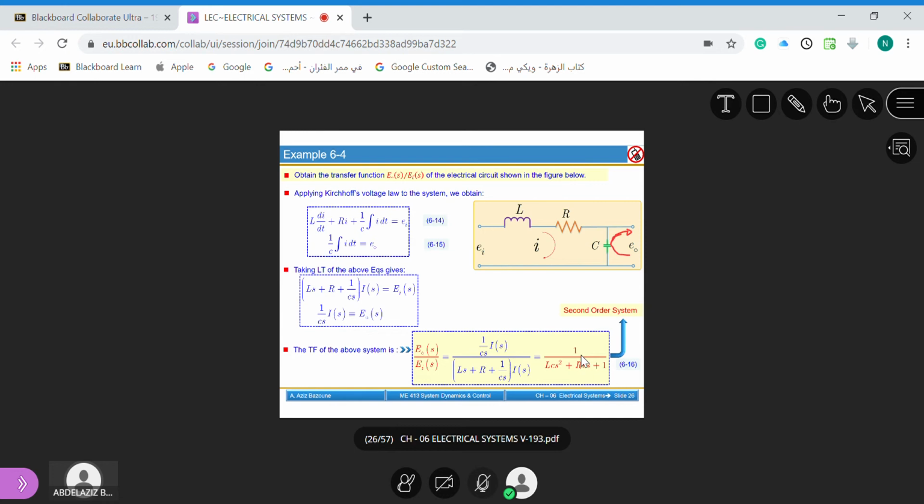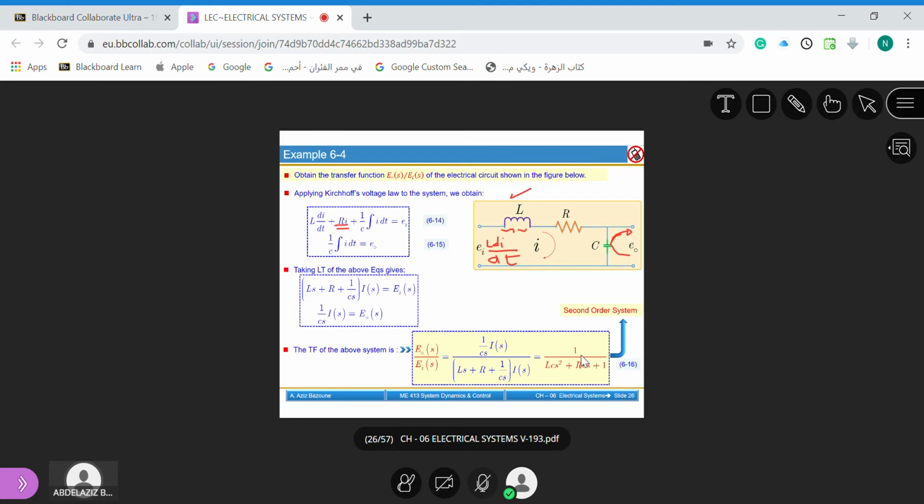So if we take KVL, Kirchhoff voltage law, for this one, we will have the voltage across the inductor, L di over dt, plus Ri here,